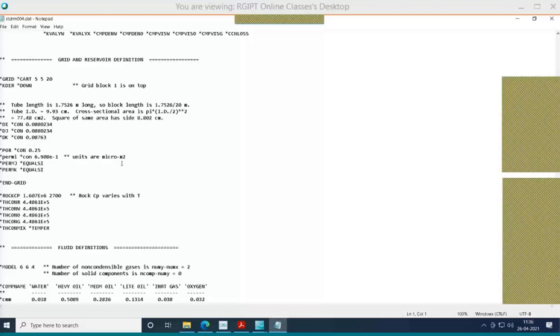If you change it over there, the entire model will get messed up, and we have to do everything from scratch. I don't know what is happening in the 2020 version. Till 2013, it is like this. So what we used to do is change it in the text file.